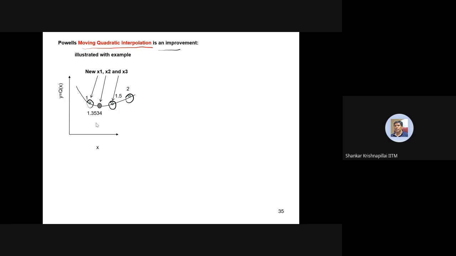One method is that you reject the point 2 and take this new point and the other two points on either side, that is 0.1 and 1.5. Then you fit a curve through these three points, which are the new x1, x2, and x3, and you get the new point. This red point is the new point. So then again